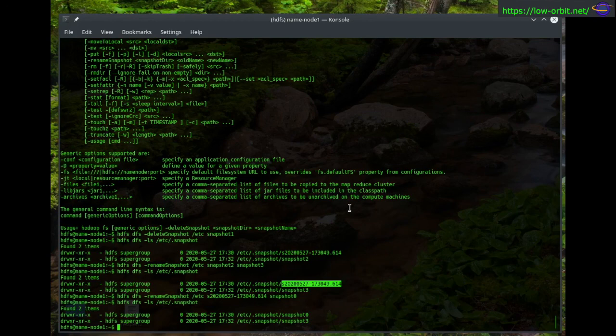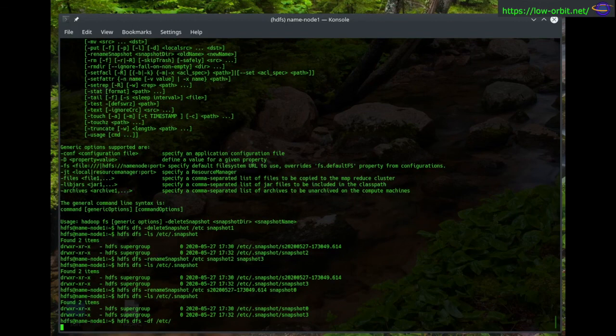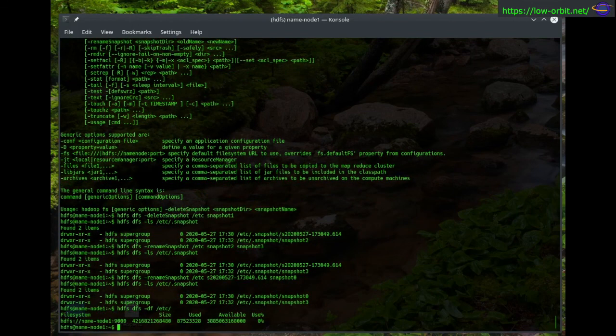df, show free space. So we're going to do this on the etc directory. df, and it's going to show us a lot of free space. So yeah, this is not easy to read. So we can add the -h parameter,